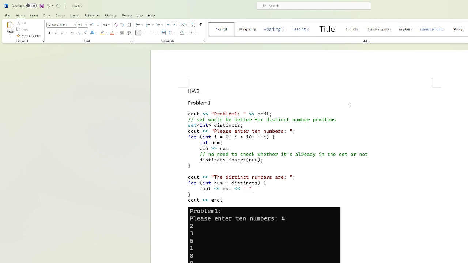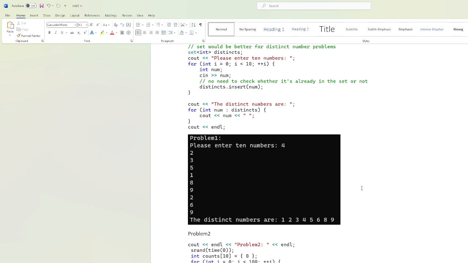So here I initialize the set, which is called distance, and we insert all these numbers into the set, and then just output the elements in this set. So we got the distinct numbers. This is straightforward. And on problem 2,